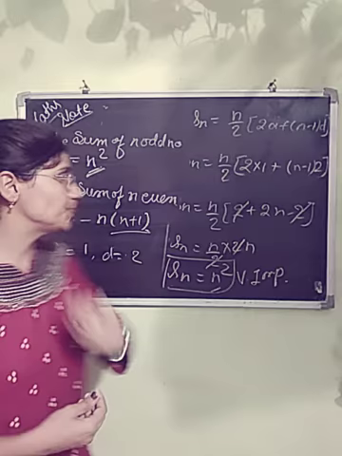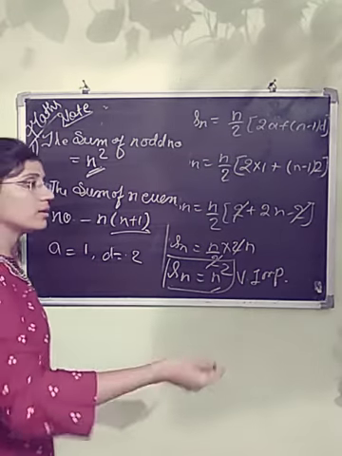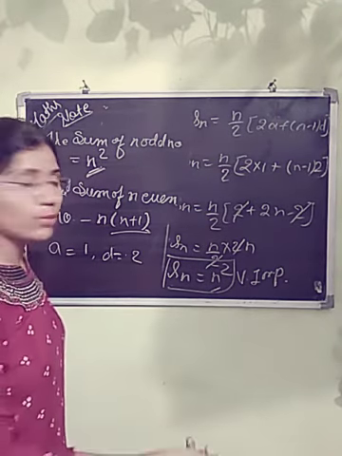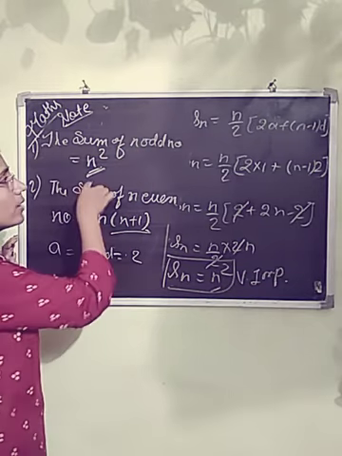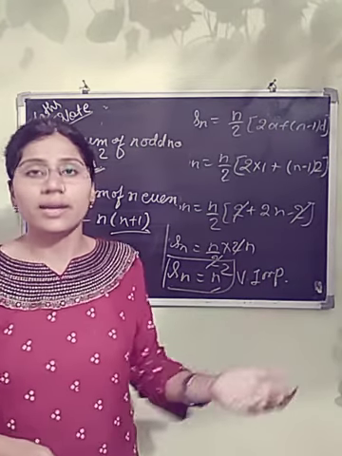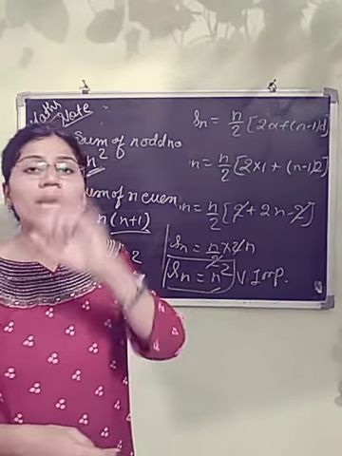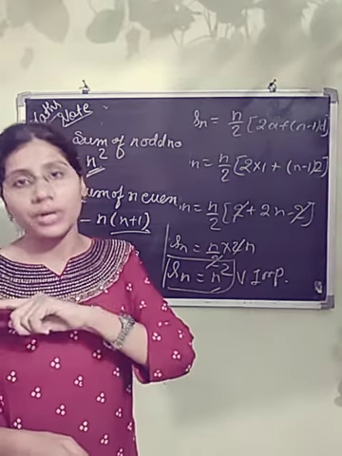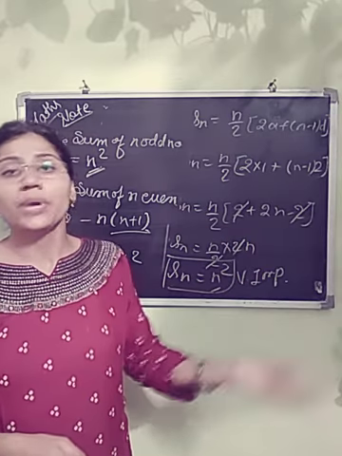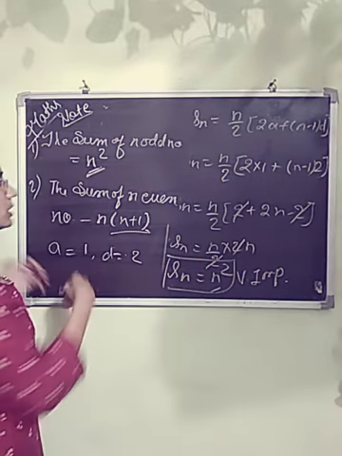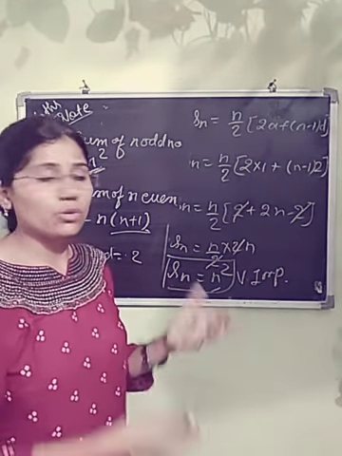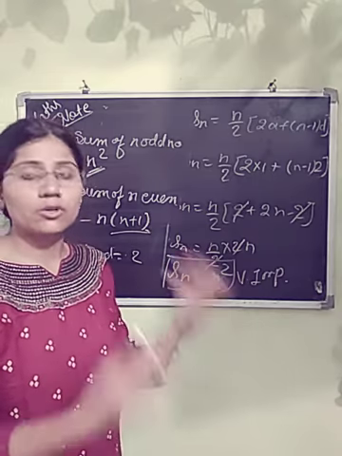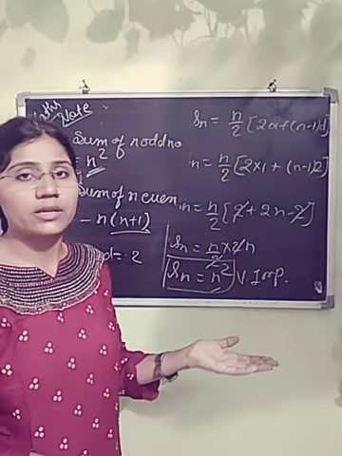For 1 mark it is asked. This can be the question in MCQ type of question, that what is the sum of n odd numbers, or they can ask the question directly that find the sum of first 25 odd numbers. So it will be 625. That is the square of 25. Then you should not wait to use the formula, then to put the values, and then you are finding the answers.